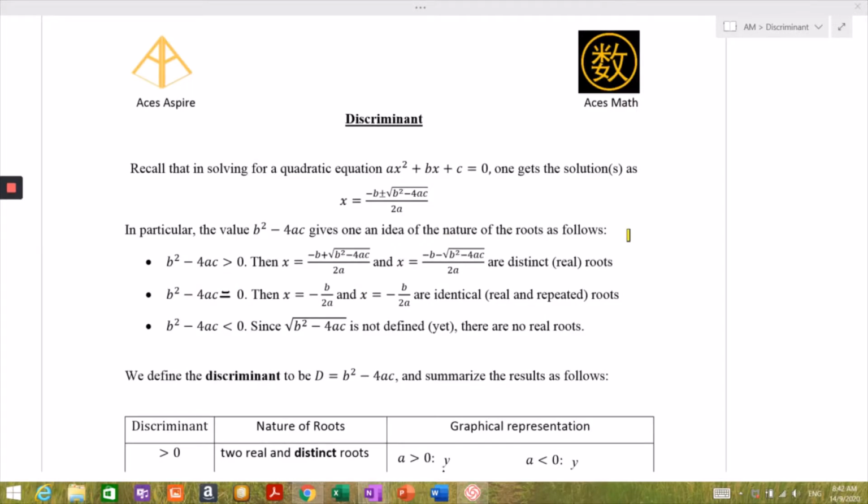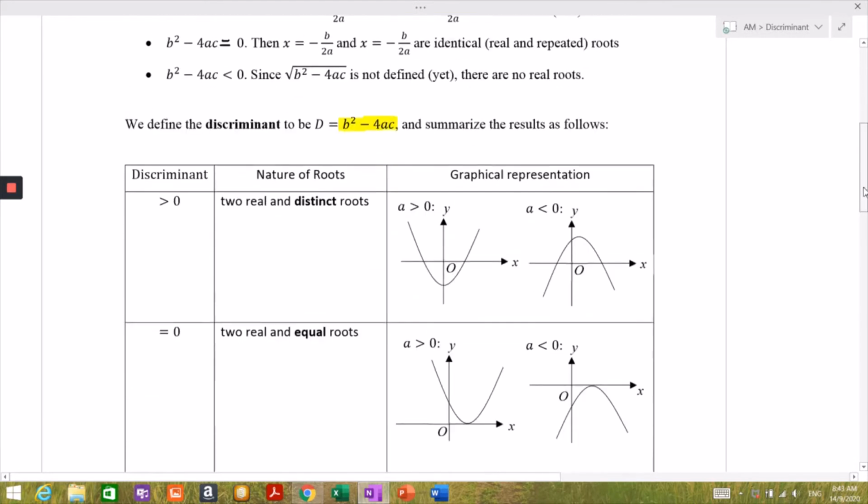This video deals with the discriminant, so before that, let's just do a simple recap of things. Here we are dealing with a quadratic equation of the form ax squared plus bx plus c equals 0, from which you can get this entity called the discriminant, which is your b squared minus 4ac. The value of your b squared minus 4ac gives you an idea of what we call the nature of the